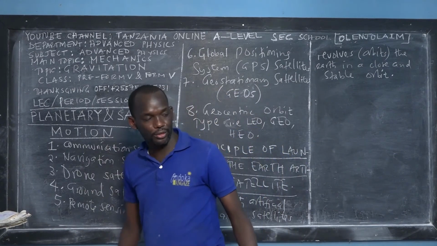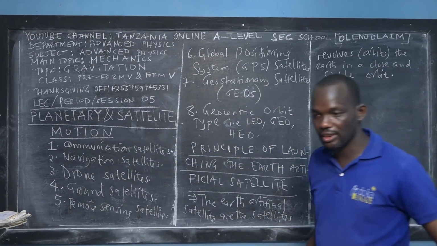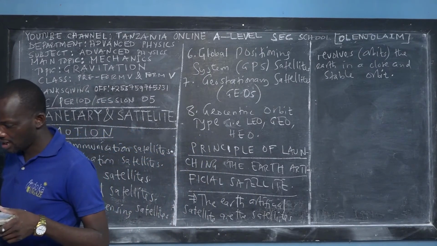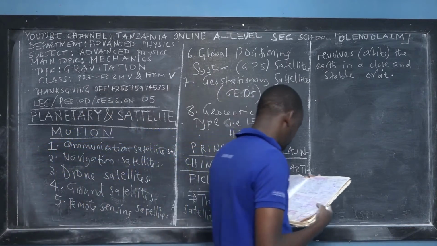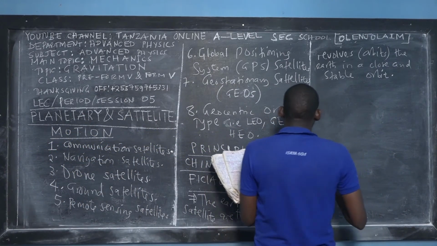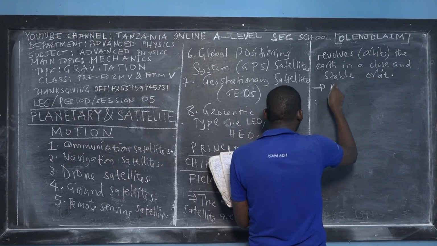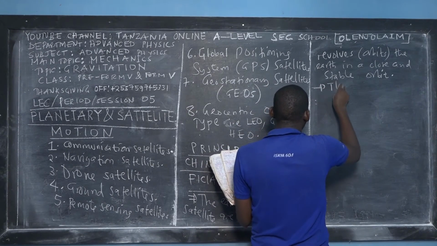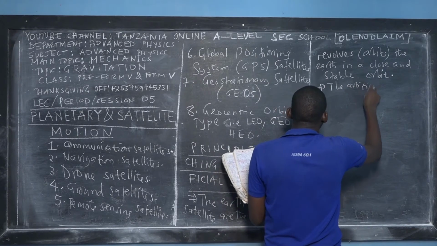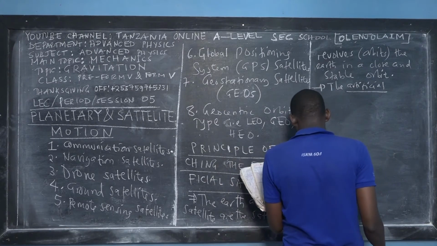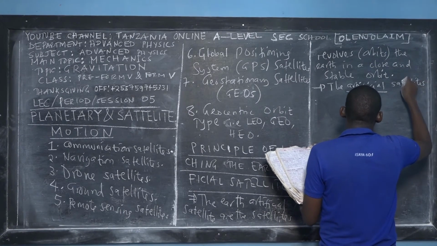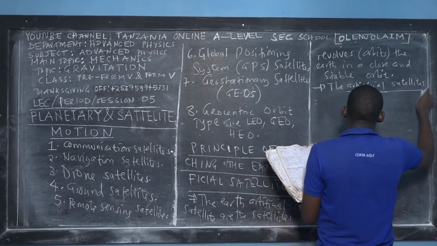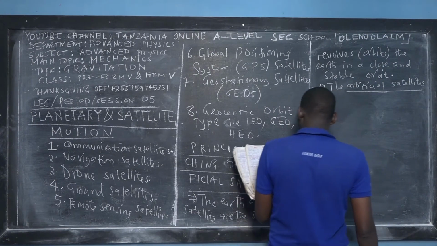So there is a principle of launching the satellites. We don't place satellites in their particular orbits by using just any technique. There's a principle. So we say number one, it is possible. The artificial satellites, it's just me who is insisting on the word artificial in your mind, but sometimes they just call them satellites because they know that in your mind you know that this concept is describing the artificial satellites. So the artificial satellites can be